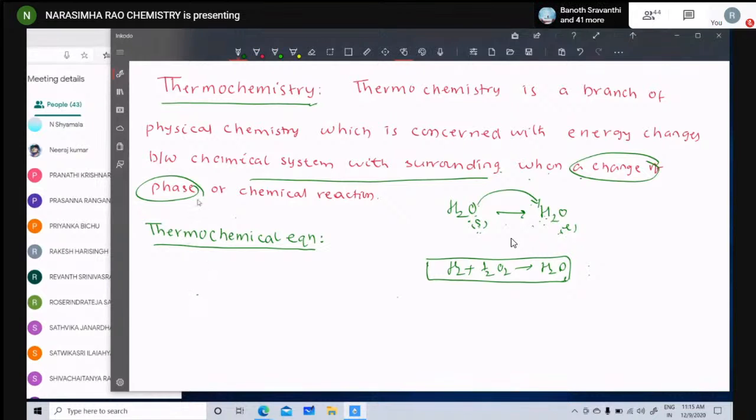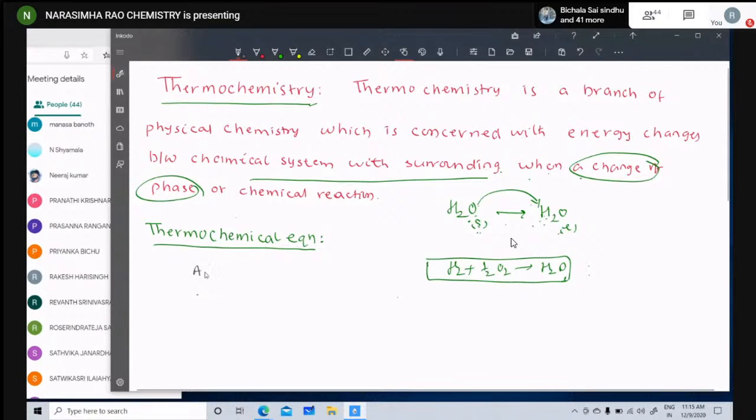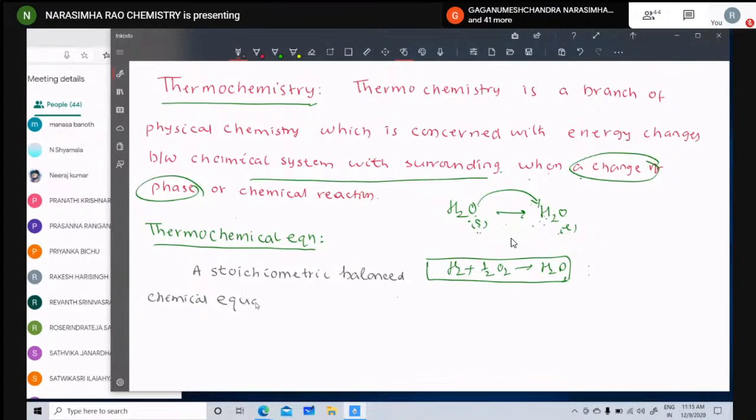A thermochemical equation means a stoichiometric balanced chemical equation in which their physical states